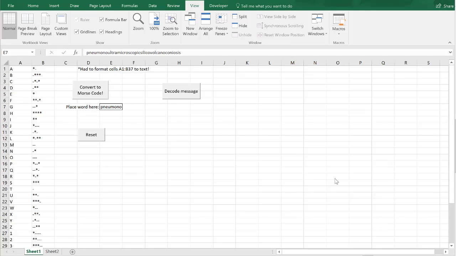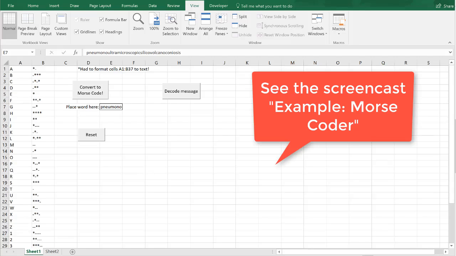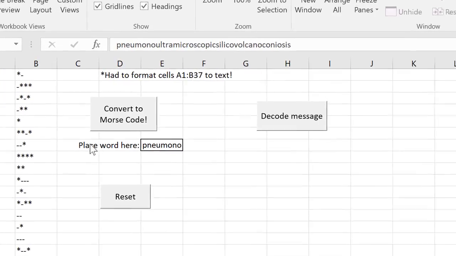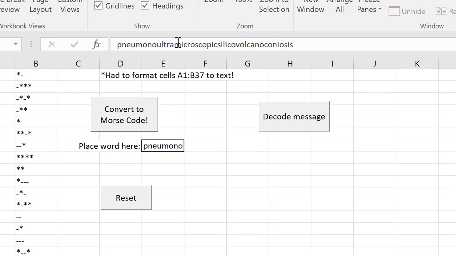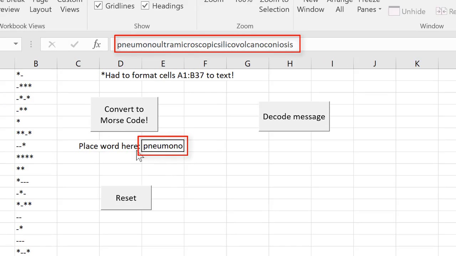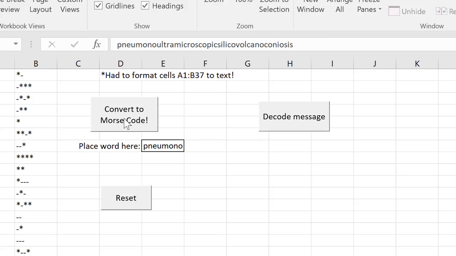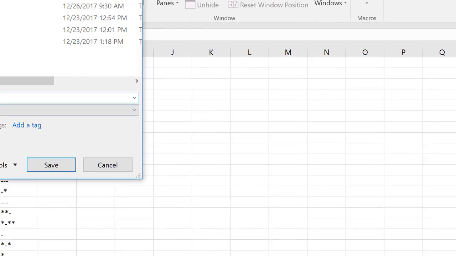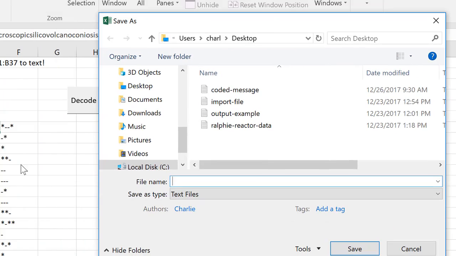In a previous screencast, I showed you how you can make a Morse code converter so we can type in a word here. For example, I've got this really big name here. It's 45 letters, and we're going to convert this to the Morse code. So in the previous screencast, we did this, and this file enabled the user to save it as a text